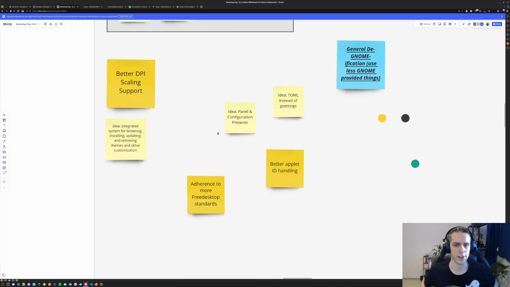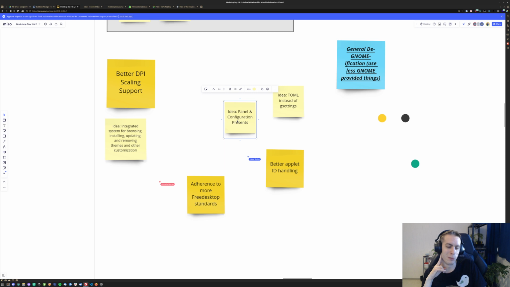So the next one is, I had an idea: panel and configuration presets. So funnily enough, Ubuntu Budgie already has this in their welcome app, but I feel like this is something that's really needed for Budgie 11. I almost said Windows 11. God. So for Budgie 11, I would like presets to exist where you could